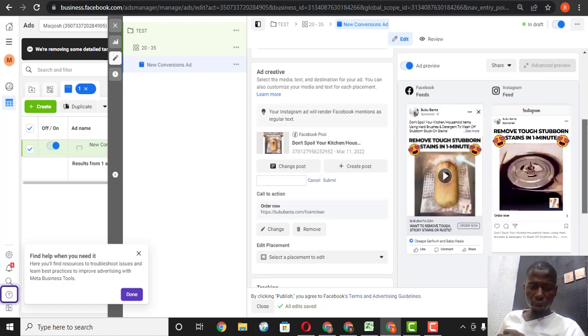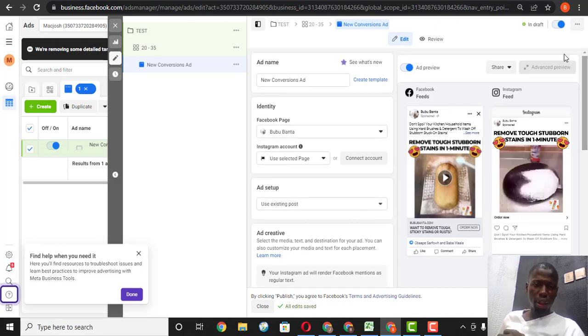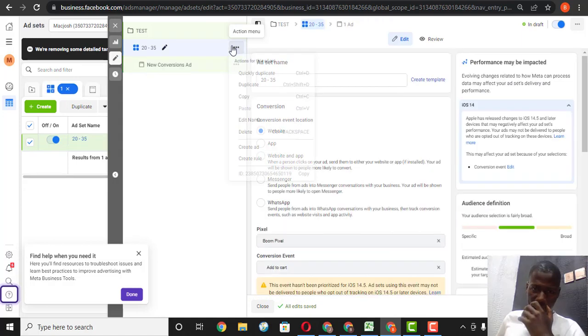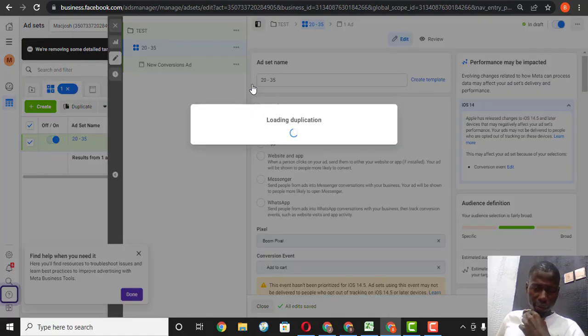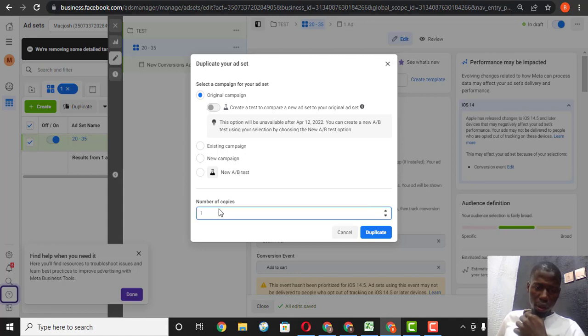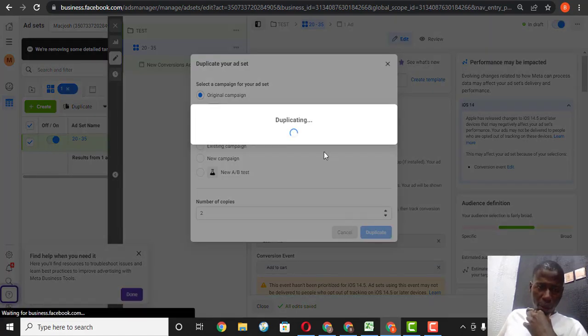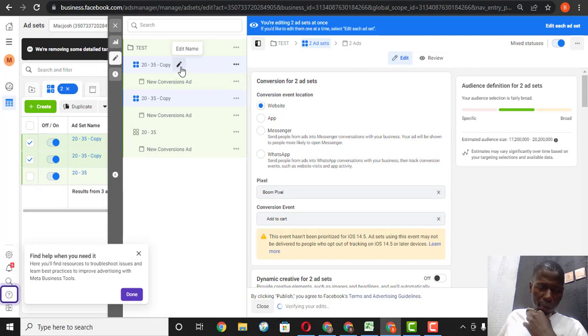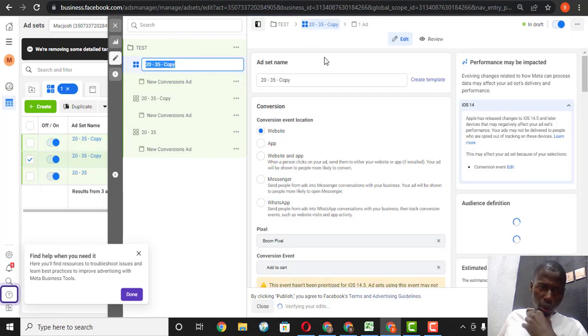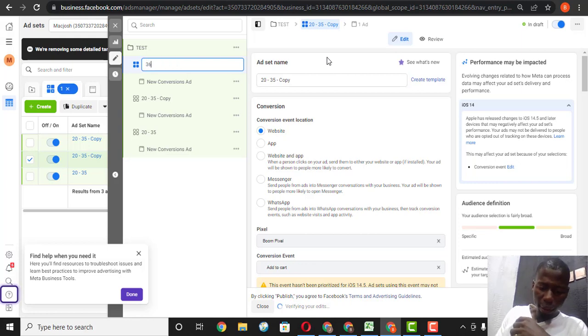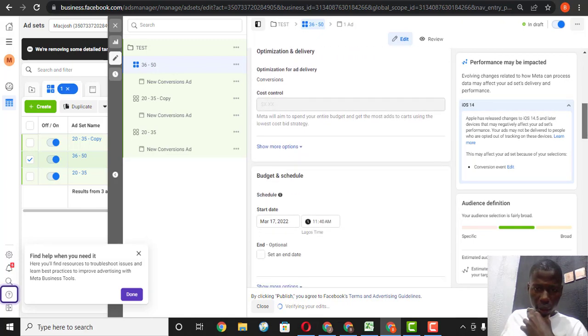Okay, so once you've done that, everything is already set. You are just going to go back to the ad set level, and I'm going to click on duplicate. At this duplicate level, I'm going to tell it to duplicate 2 ad sets for me, so I'm adding 2 more ad sets to this ad set. Now good, we have one here. So this one is going to be 36 to 50. Okay, so we have 36 to 50 here, and scrolling down,